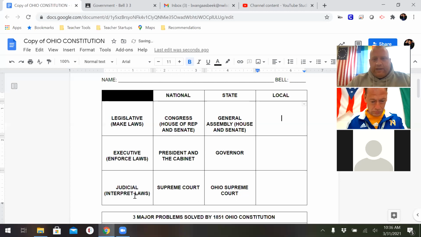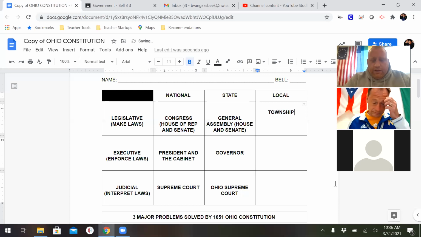And that goes along with our state constitution, allowing for officials to be directly elected by the people, okay? The local level is a little different when it comes to these 3 branches, and I'm going to explain here. Let's pretend we actually live in Cincinnati. Now, I know some of you are going to say, well, I do live in Cincinnati because my address says I live in Cincinnati, but you actually do not. You live in either Colerain or Springfield Township,